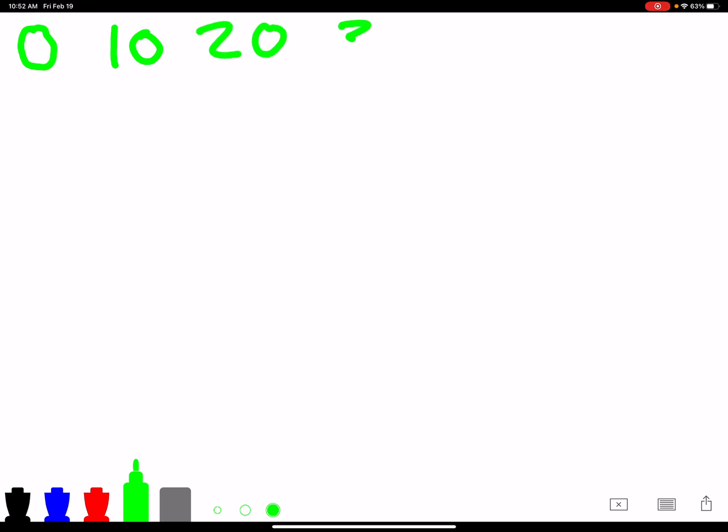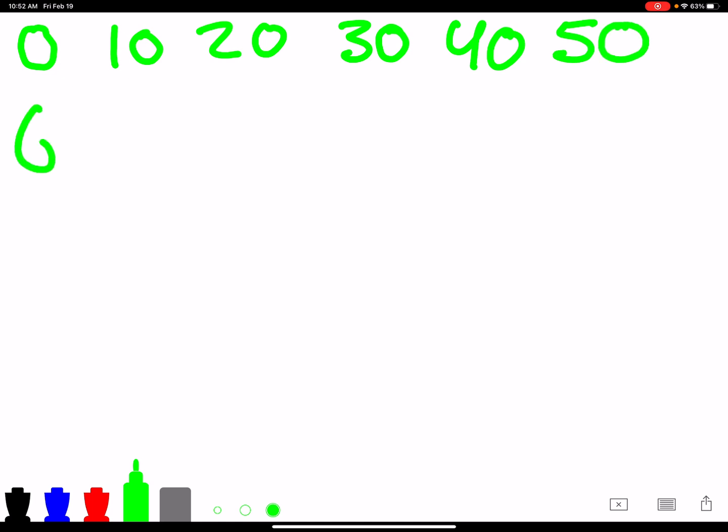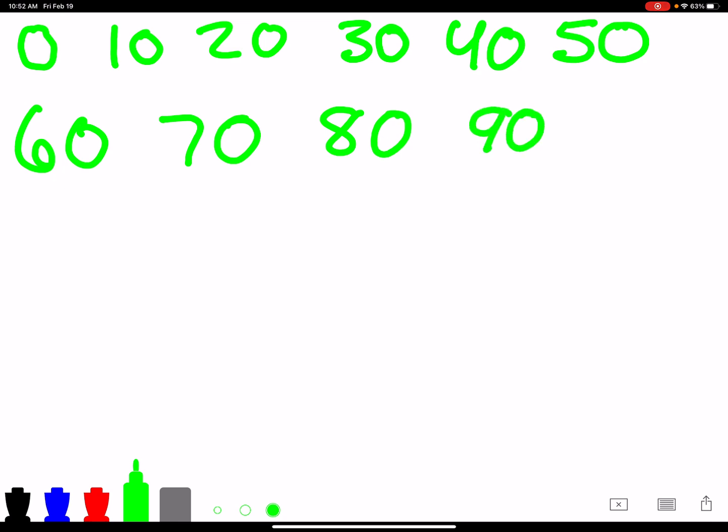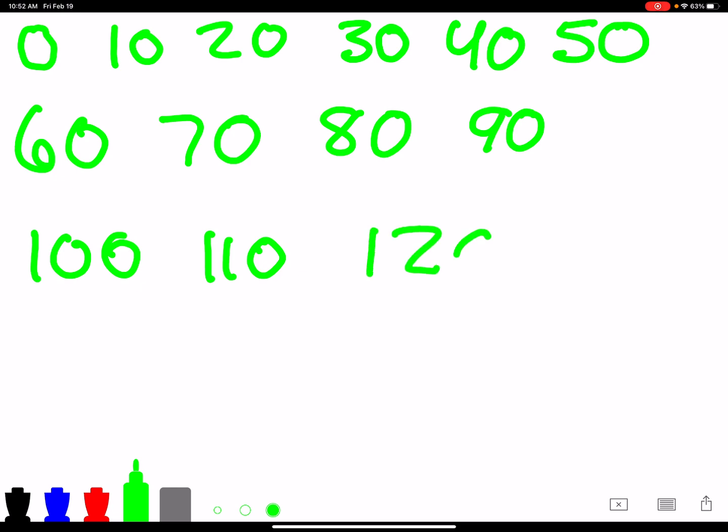20, 30, 40, 50, 60, 70, 80, 90, 100, 110, 120. Woo, we did it. See, that was so much quicker than counting by ones, right? And it took less than half a page for me to count by tens through 120, compared to 2 pages like last time. But again, we have 0, 10, 20, 30, 40, 50, 60, 70, 80, 90, 100, 110,